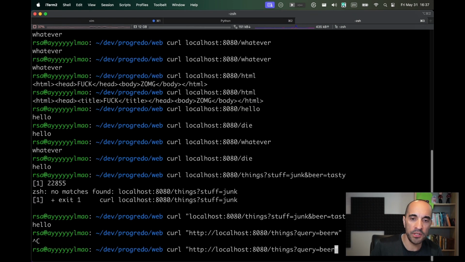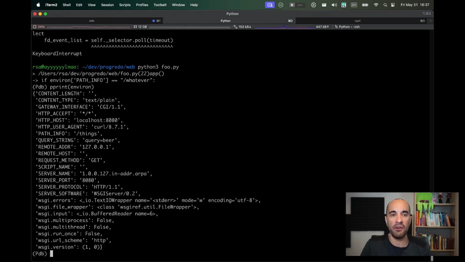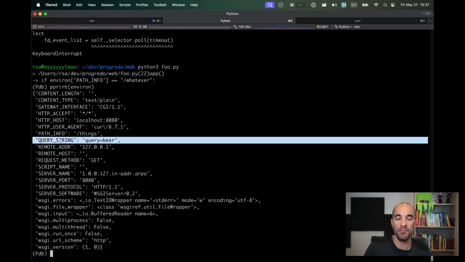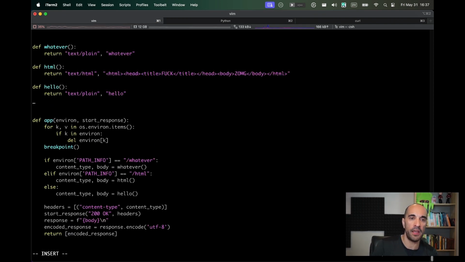Okay, so now I want to just show you. The path that we're doing our routing on is just one characteristic of this request that might matter to us as web developers. You can see here I've still got the path /things, but the query string is a separate parameter. So what might happen is, if I write a things handler,